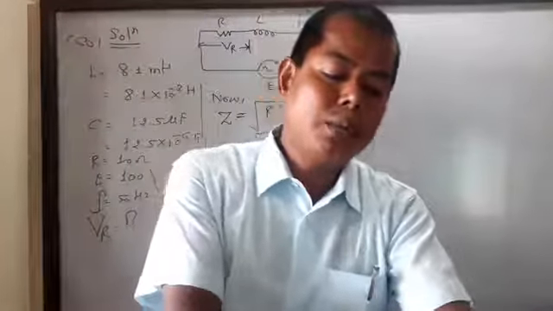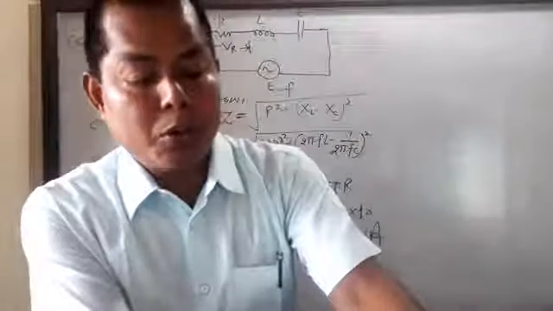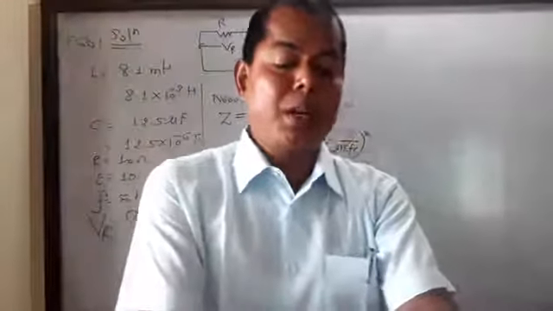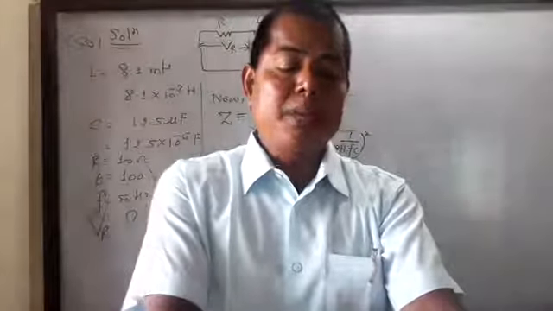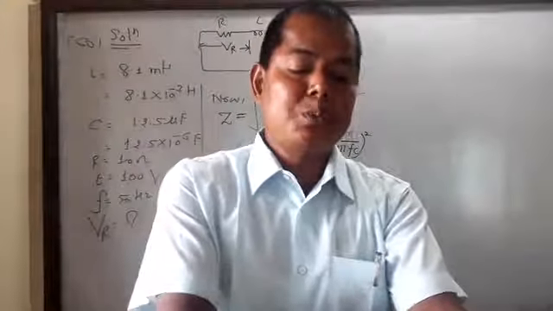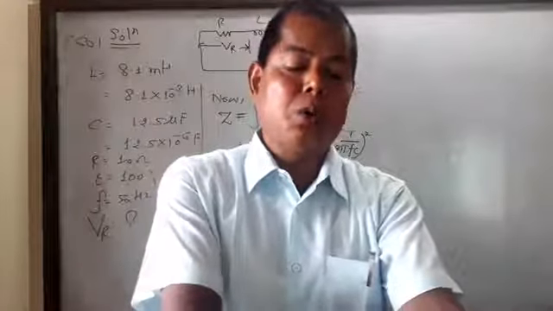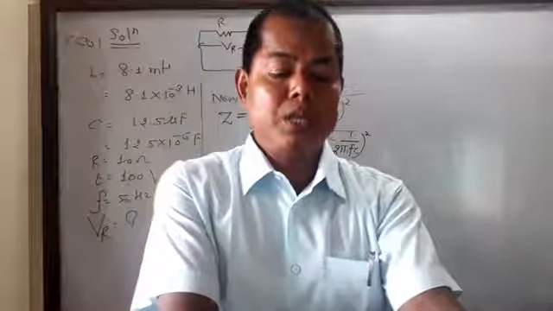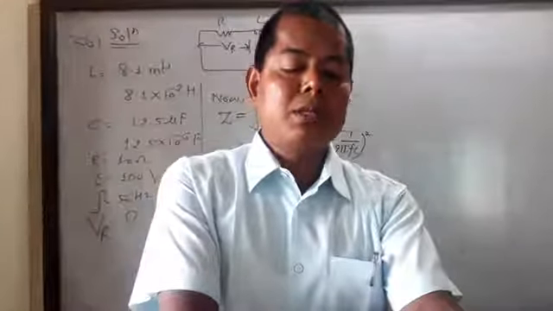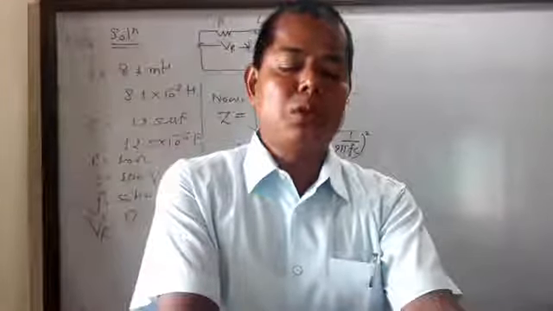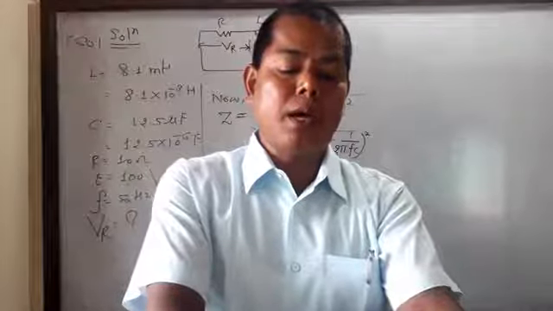Means we can solve. I'm going to give you a hint for this problem. Listen. Here VRMS is given to us, frequency is 4 kilohertz, means 4 into 10 to the 3 hertz. The resistor has resistance 5 ohm and the capacitor has capacitance 10 microfarad, means 10 into 10 to the minus 6 farad.